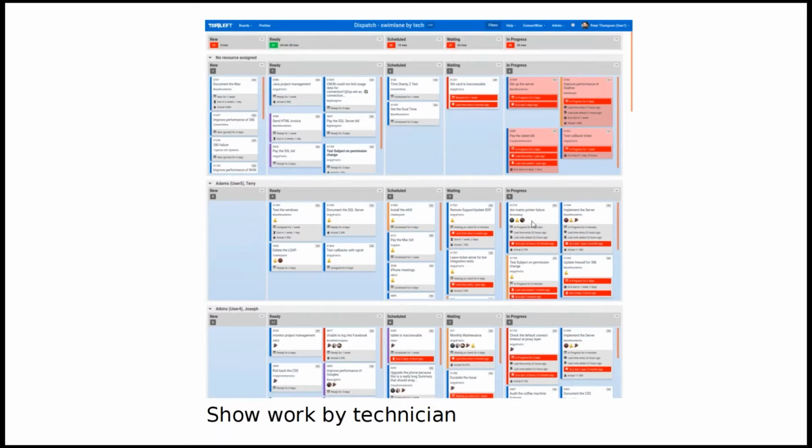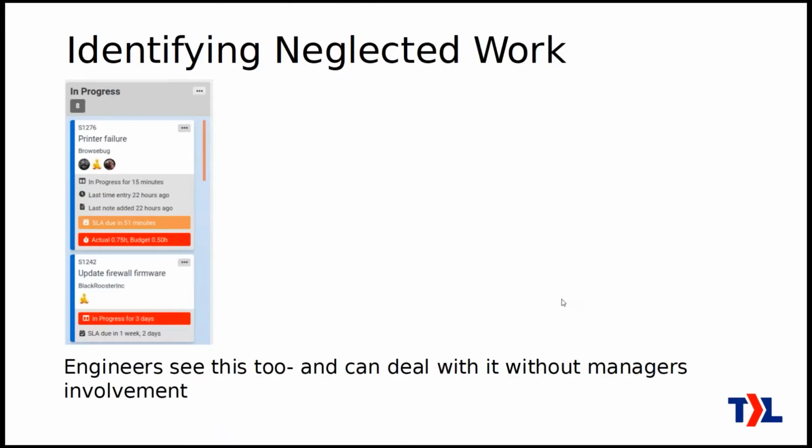For example, you could easily see if somebody had just one thing in progress, which is what we would want to see, versus somebody who's got 8 or 9 things in progress. Big difference there. And you can use that knowledge to figure out how to do things better in your team. It helps you identify that neglected work. So you don't need to monitor any of this stuff or run any special reports in ConnectWise or Autotask. It actually just shows it to you right here in the interface.